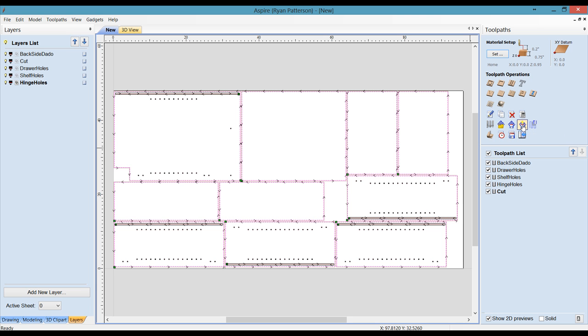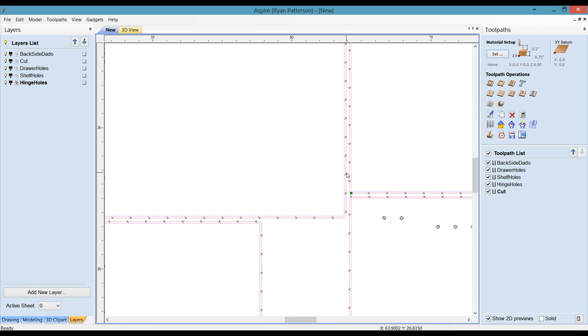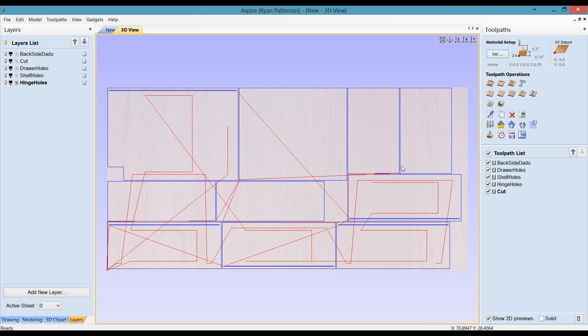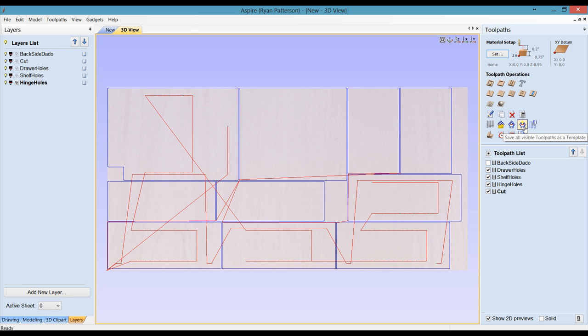So in this case, every toolpath that I've calculated here is visible, meaning that it has a check next to the toolpath, and visible means I am able to see it on my 2D view or on my 3D view. So I uncheck the toolpath, I see it is no longer visible, so it would not save out with this template. I do want it saved, and all of these saved, so having them checked to all visible,